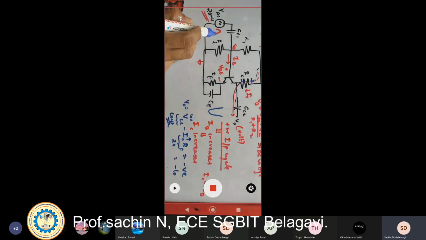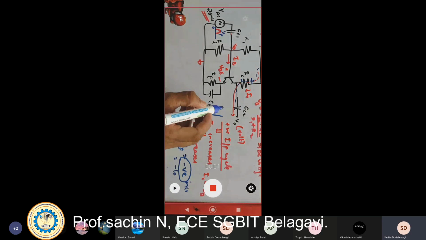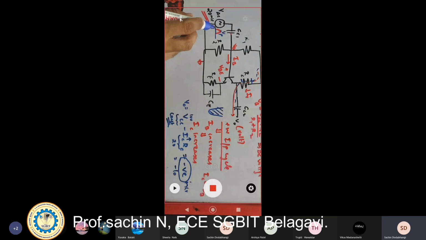If the input cycle is increasing from 0 to peak voltage, at the same time the output is increasing from 0 to maximum, but in the negative direction. Getting it? So you get a negative cycle output. For a small positive input cycle, you will get a large negative cycle.